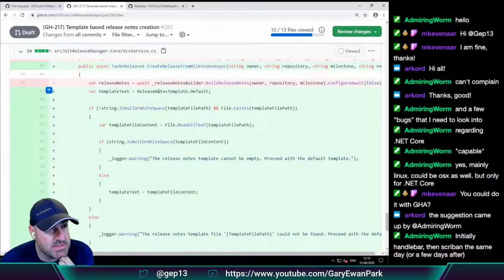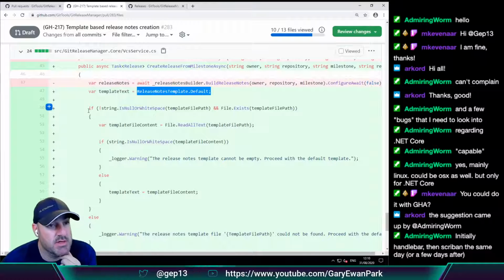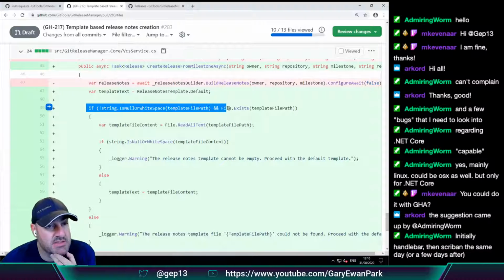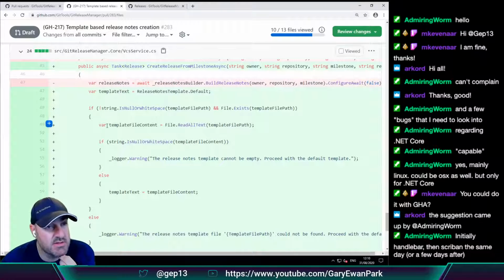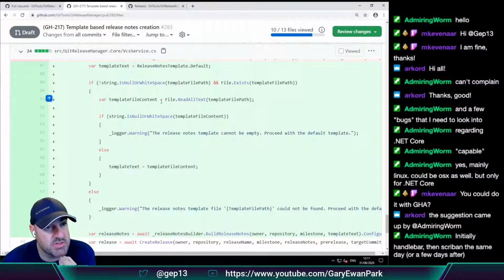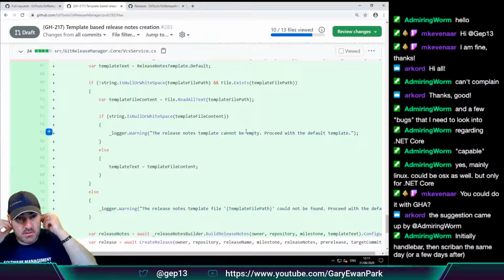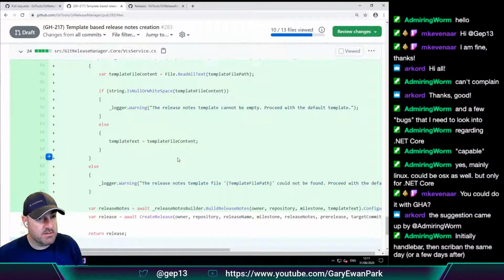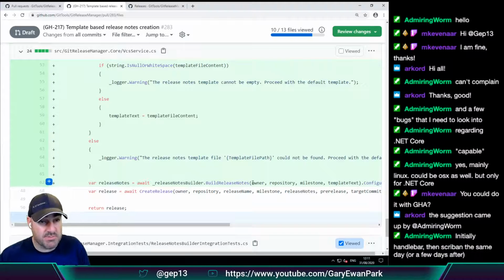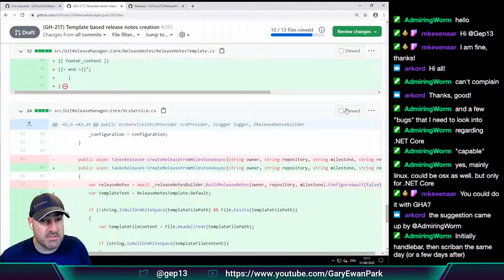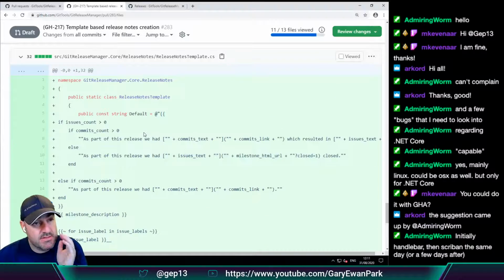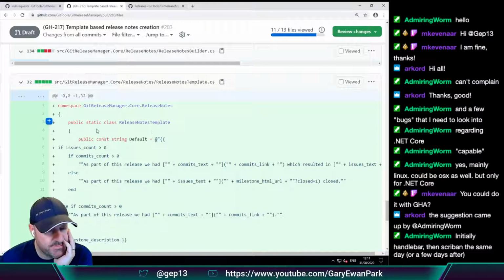So template text is then the release notes template default. It's then checking to see if the template file path exists. If it does, it is reading all of that text into the template file content, checking to see if it's not empty, and then that's what ultimately gets passed through. So this part here, I think, makes sense to me.